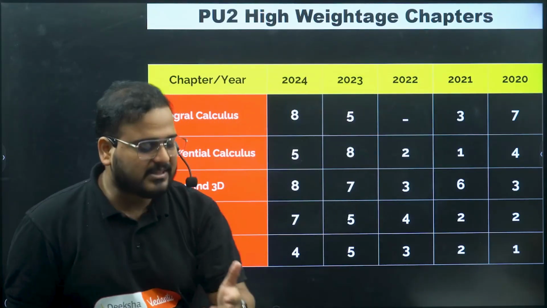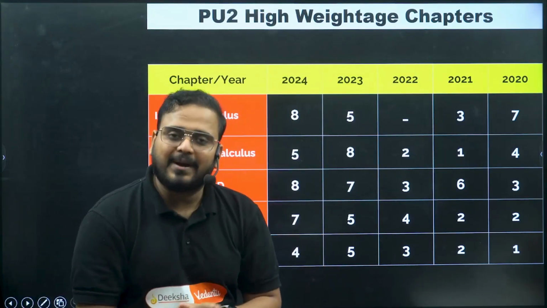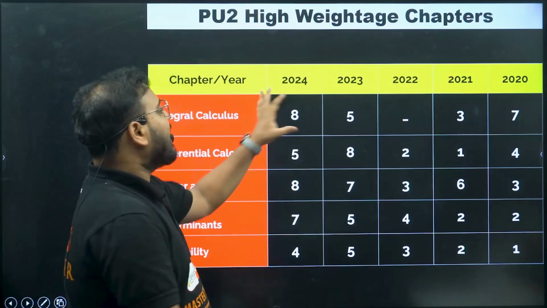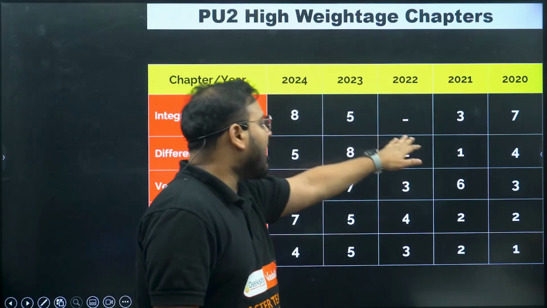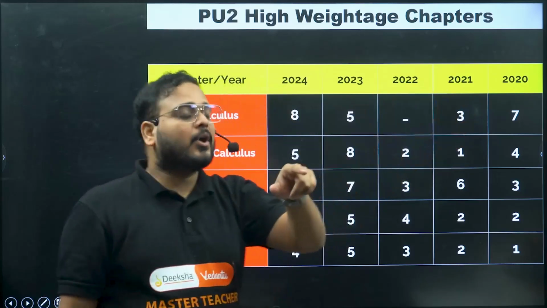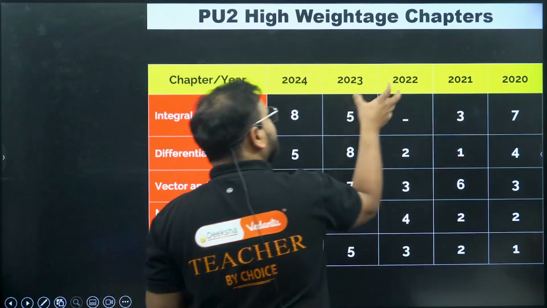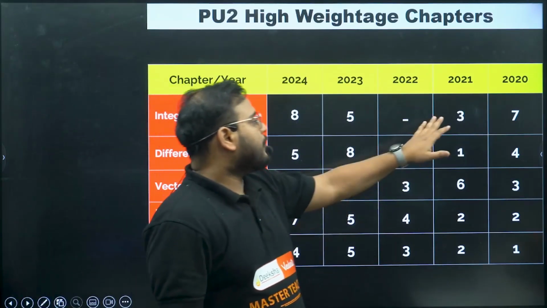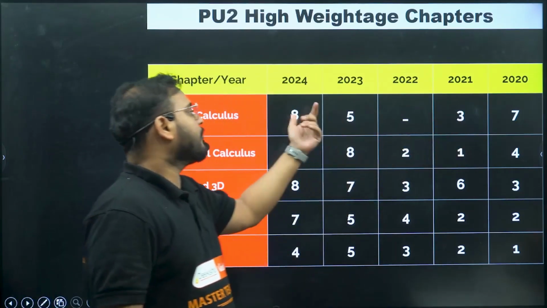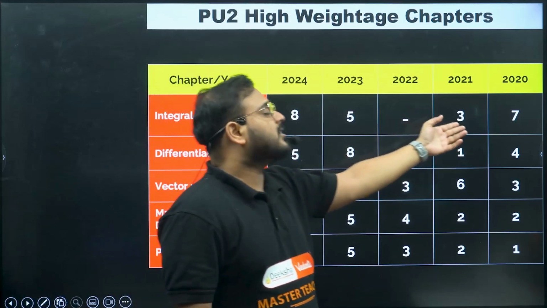So what I have done is I've taken a very standard question bank of PYQs, and of course I've checked the number of questions coming in every year. All right, sometimes you might see a gap or the number is less. That's because the questions here may be repeated in other years. Let's say the question that came in 2021 also came in 2024. So that's why they must have not written this question over here.